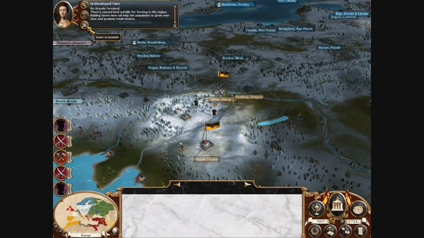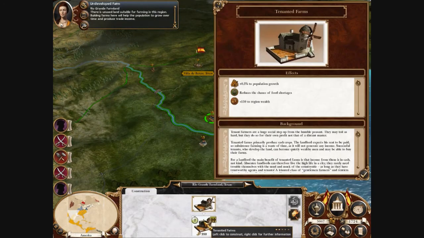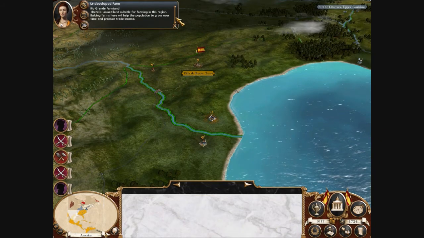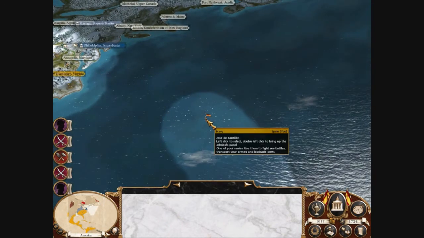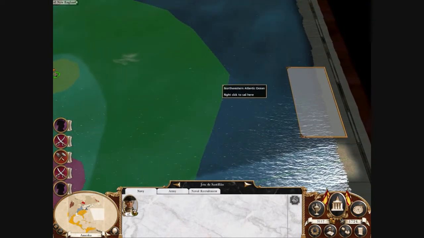But not building now. Farms here will help the population to grow, so over time we can build a trade farm here and produce income. Lady, you were right. But this navy is going to